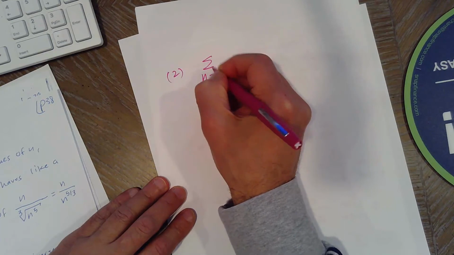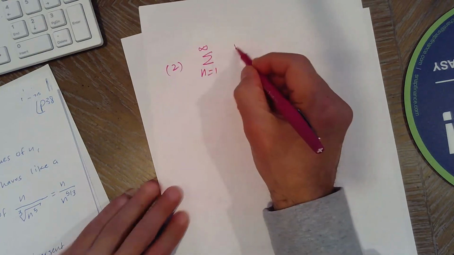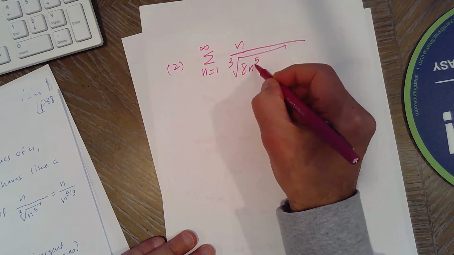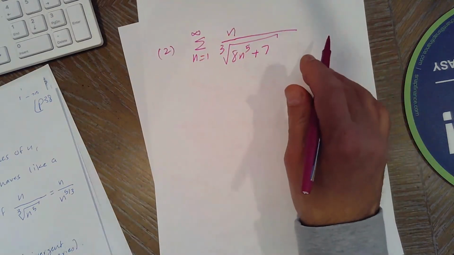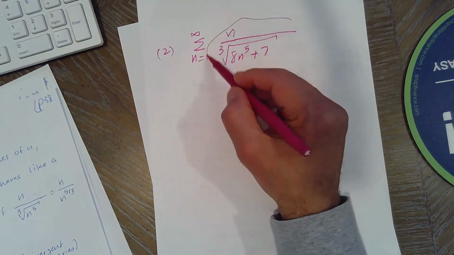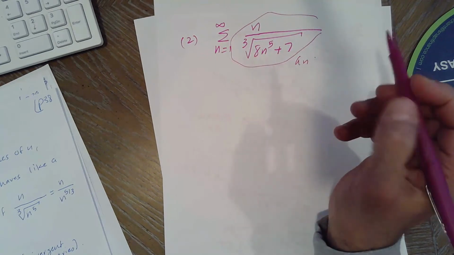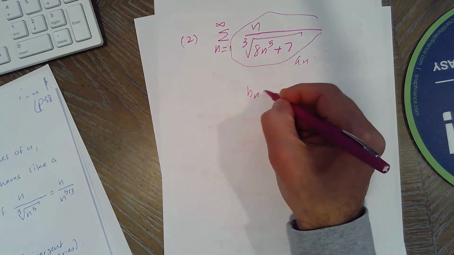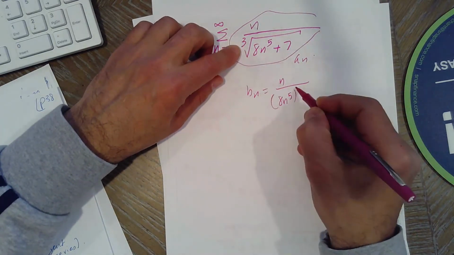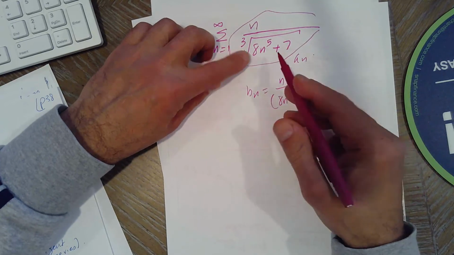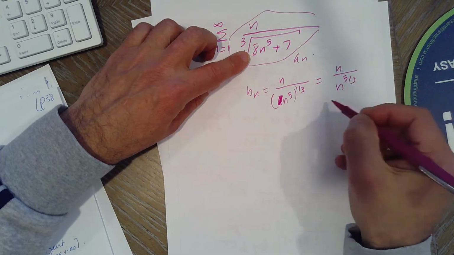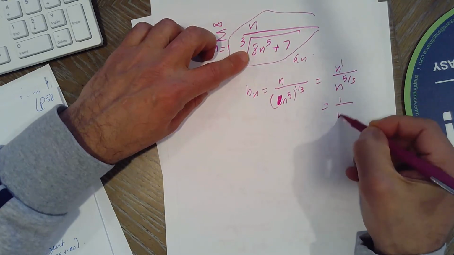Sigma n equals 1 to infinity n over the cube root of 8n to the 5th plus 7. Again, direct comparison is not easy in this case. So this is my an, and the bn that I want to use, obviously I want to ignore the constant. It's n over (8n to the 5th) to the power 1/3, and I don't really need the 8. So n over n to the 5/3, which is 1 over n to the